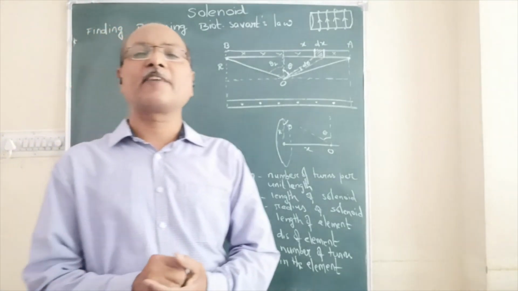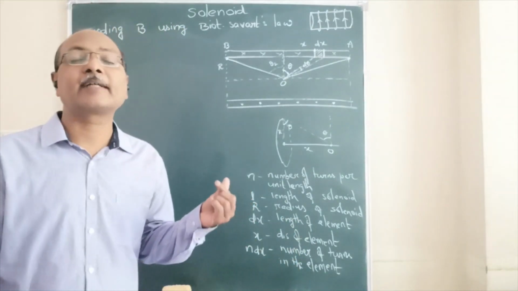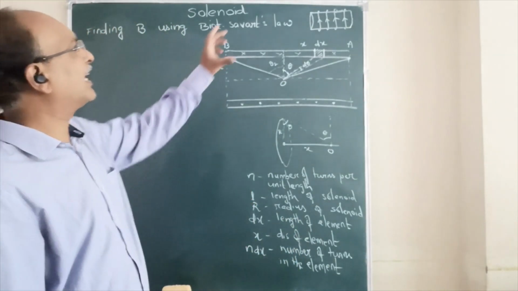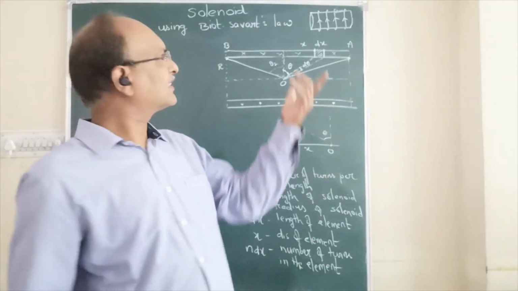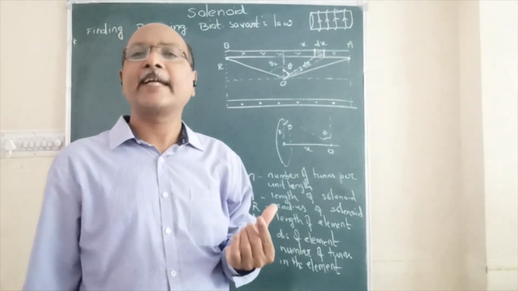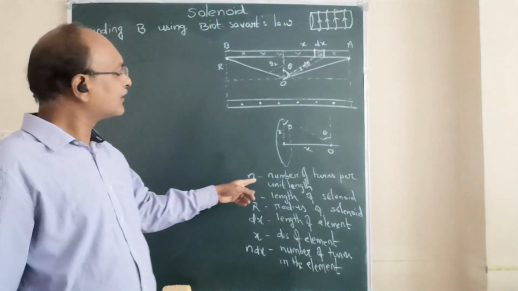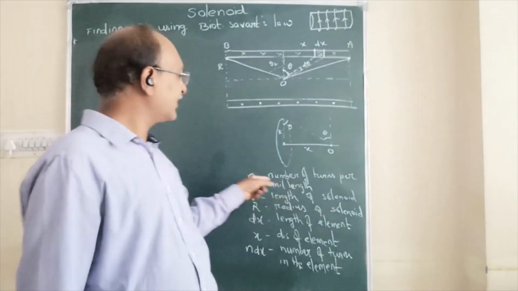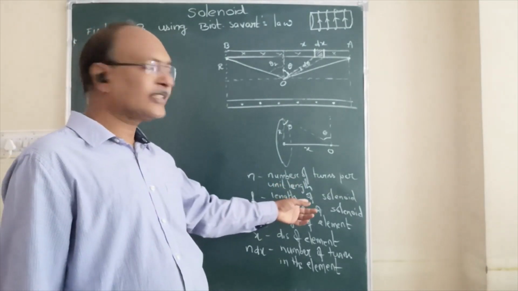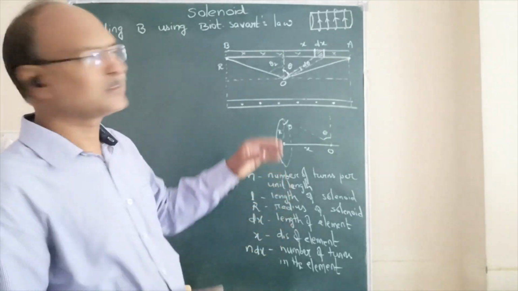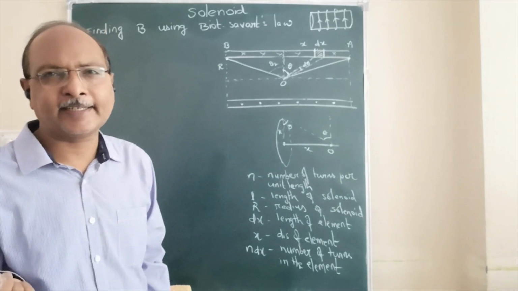Now we find the strength of the magnetic field inside a solenoid by using Biot-Savart's law. So here we have a solenoid. We can take it as a long solenoid. L is the length, and suppose R is the radius. We are winding the wire, and the number of turns per unit length is taken as n. Here we consider an element dx. A small element is taken.